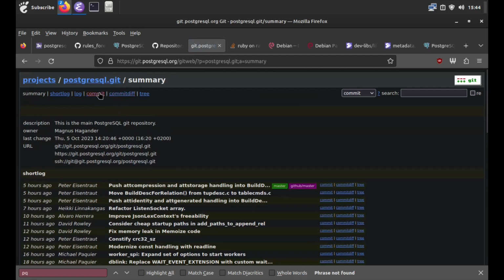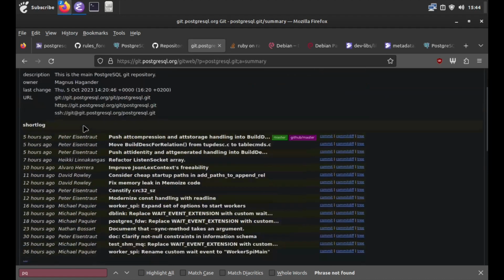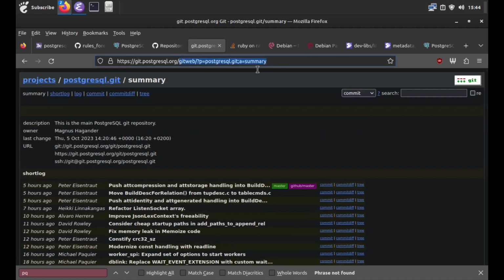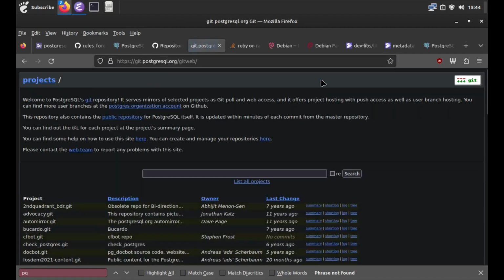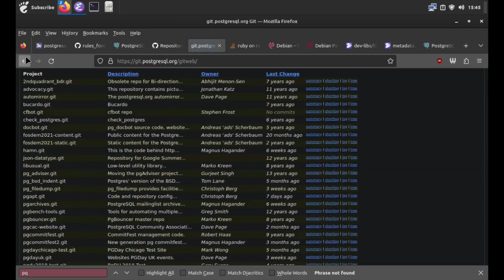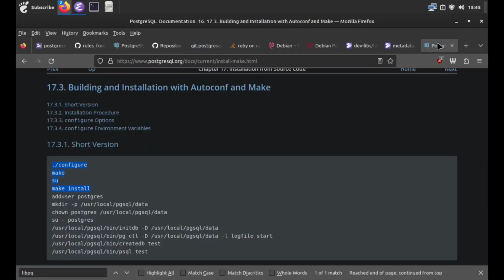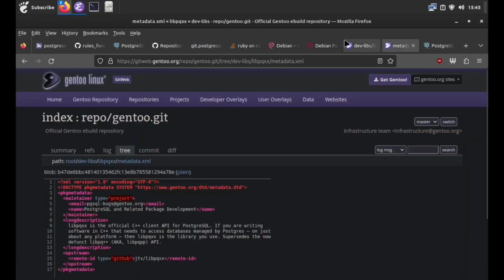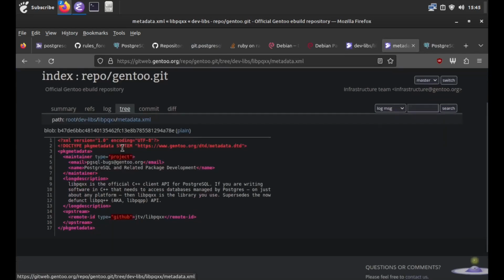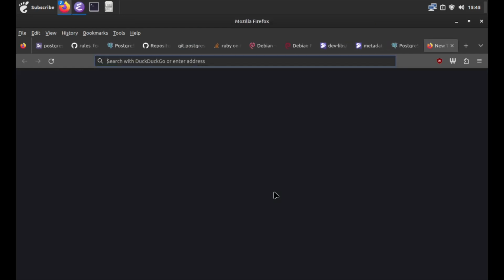I'm not sure how to clone it. So it looks like what